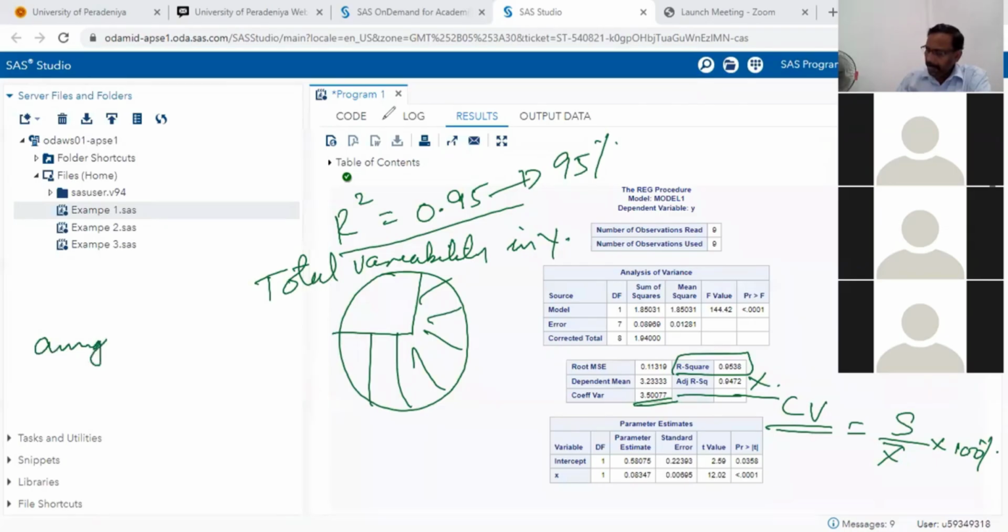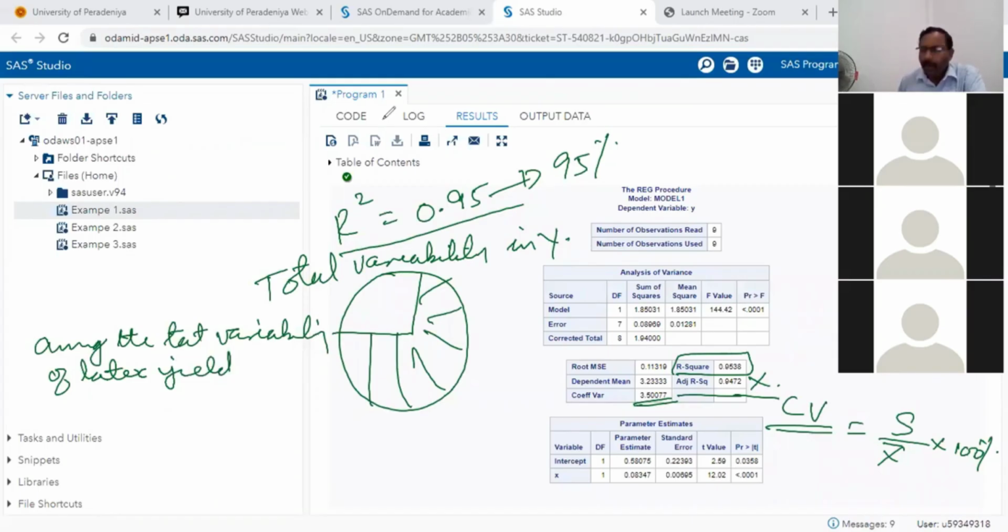Among the total variability of latex yield, among the total variability of latex yield, diameter of the tree explaining,